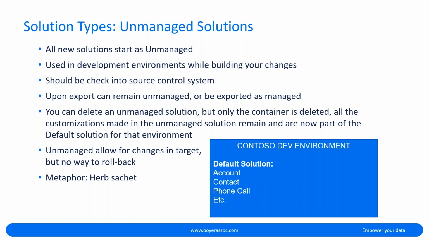Now, when you do delete an unmanaged solution, say you have 648 components in that unmanaged solution and you decided to delete it, don't worry, any of your components or the objects inside that unmanaged solution will not be deleted. What it's truly doing when it's deleting an unmanaged solution is strictly just clearing that package or that solution, but all the other components are just going to be in your default solution that we talked about in the beginning. So if you went to default solution, you'll still see all your out of the box components and anything custom that you have.